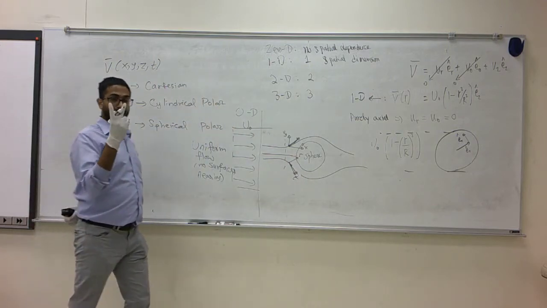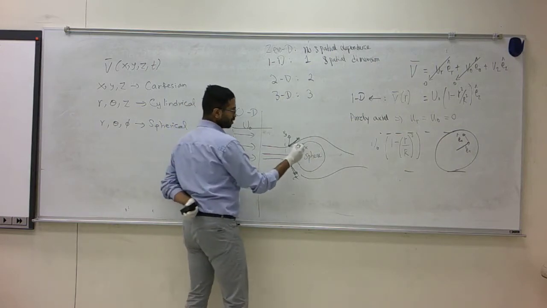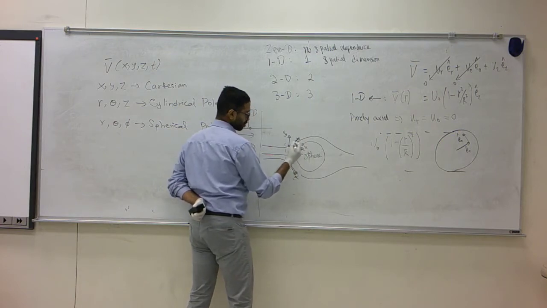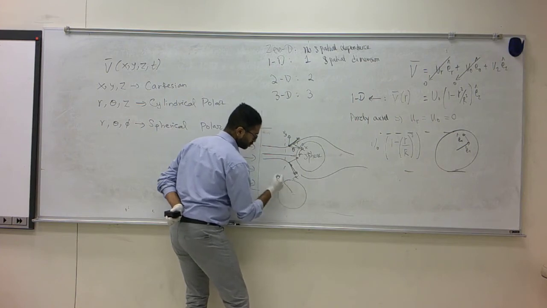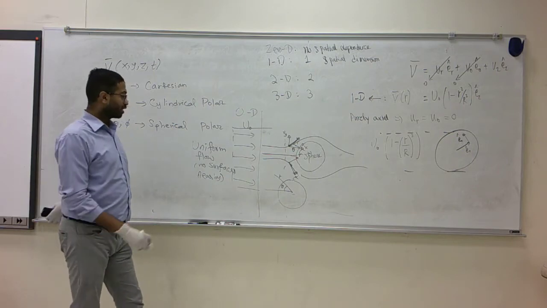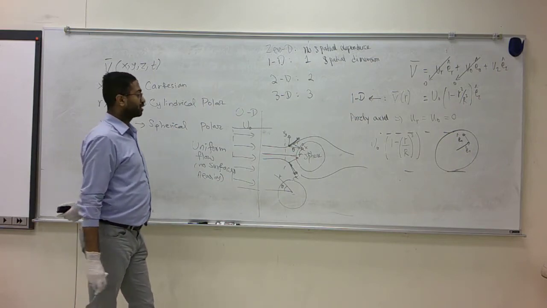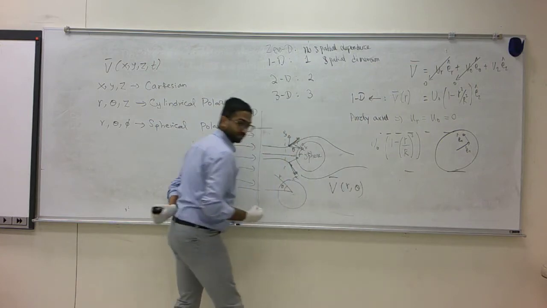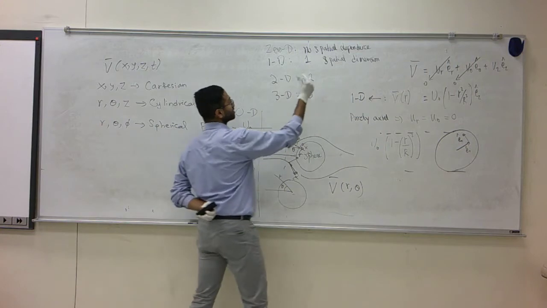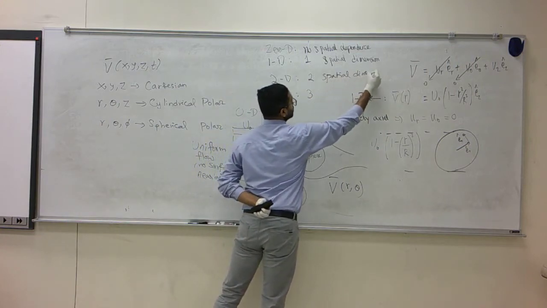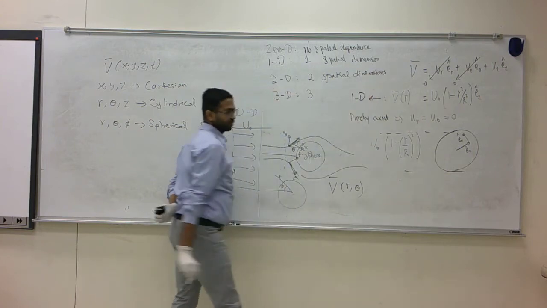So in this case you would have two velocity components that depend on both the location, the radial location r, and the angular location theta. It will depend on both the radial location r and the angular location theta. So you can say the velocity field depends on both r and theta. Okay. This will be an example of a two-dimensional flow.